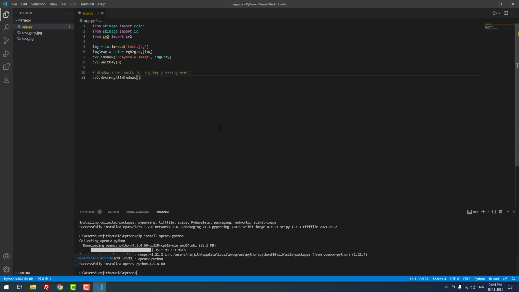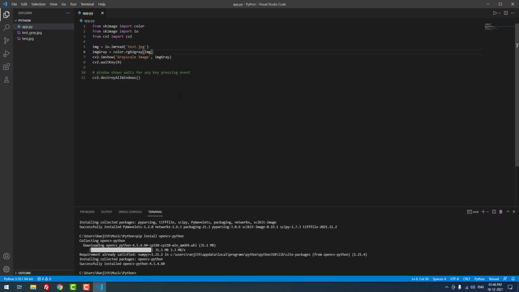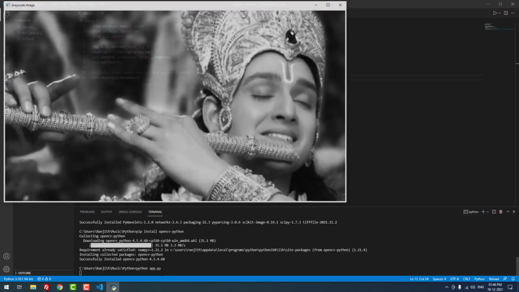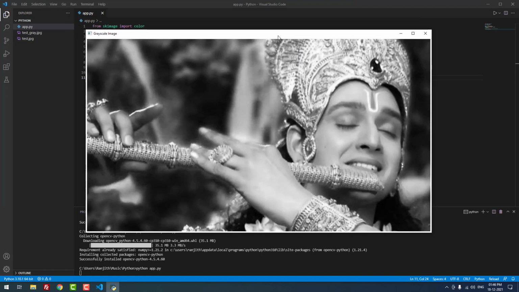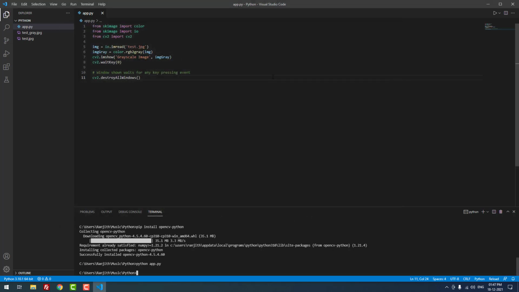Done, it is downloaded. The error is gone. Okay, now let me run this project using this command, python space app.py. When I hit enter, it is showing the grayscale image in a new window, as you can see. So the second method is also working perfectly.